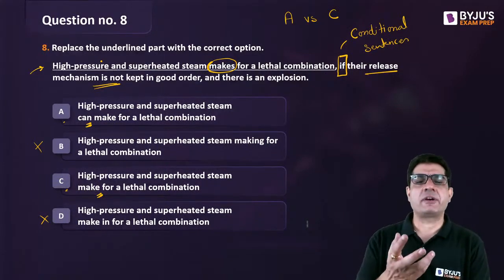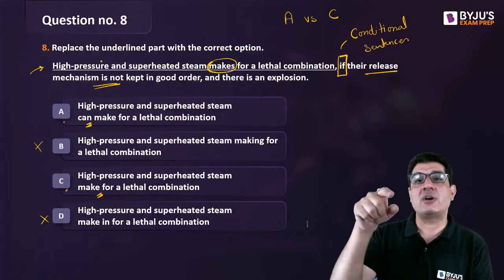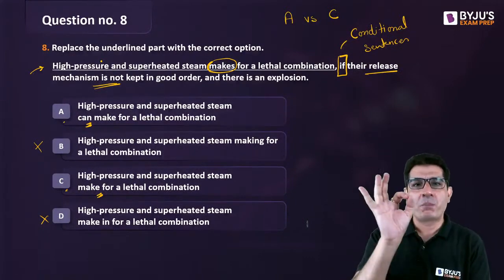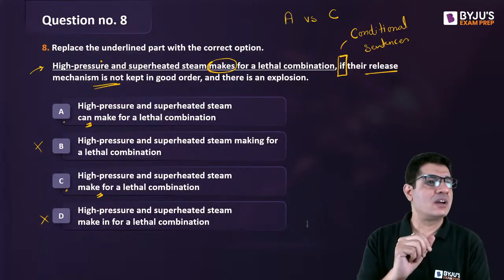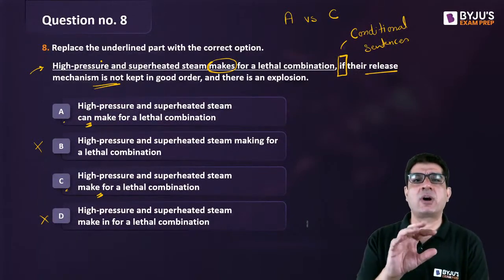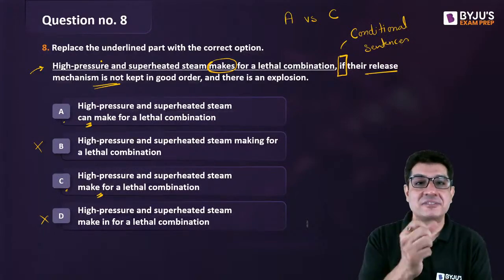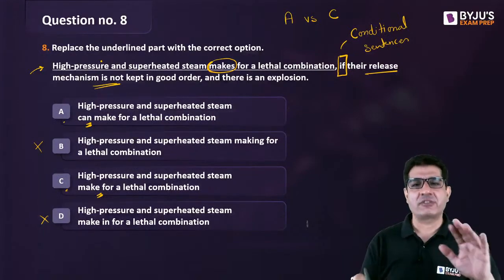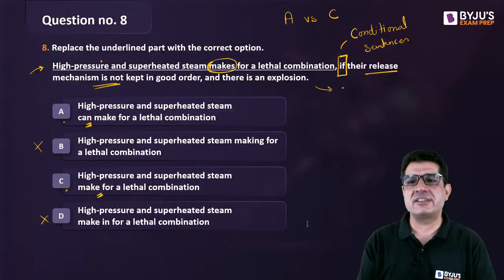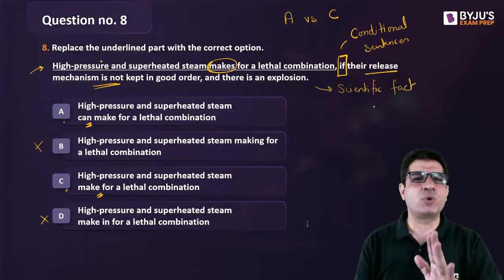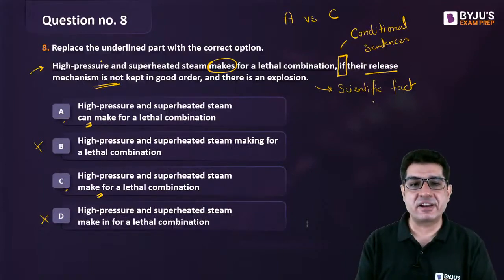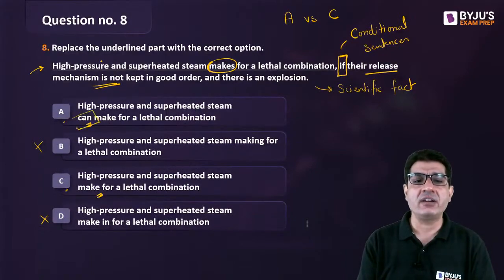So future indefinite basically says that if the condition is fulfilled, the outcome will definitely occur. Present indefinite on the other side tells us that it is a regular or habitual action, or it is a scientific fact. So in this particular case, if you read this sentence, you'd realize that we are indeed talking about a scientific fact. And therefore, I will prefer your good old simple present indefinite instead of bringing in a modal